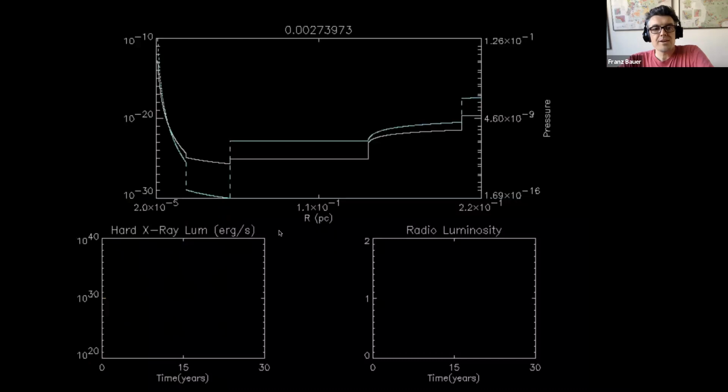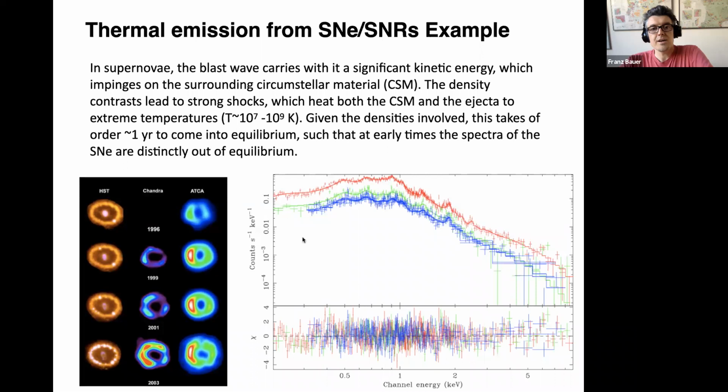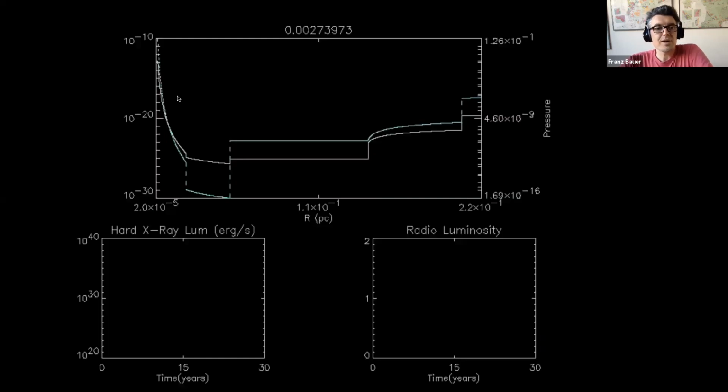This is actually a movie showing this interaction, from one of my colleagues, Vikram Dwarkadas. And so this is the density distribution. So you see a huge, this is the shock wave coming out. This is a pre-shock region before the shell. And then this is the shell out here. There's actually a couple of ionized regions here. And you'll see the X-ray and the radio luminosity as a function of how this proceeds. And this is going to go very fast, so sorry. But this is the density and this is the pressure in blue